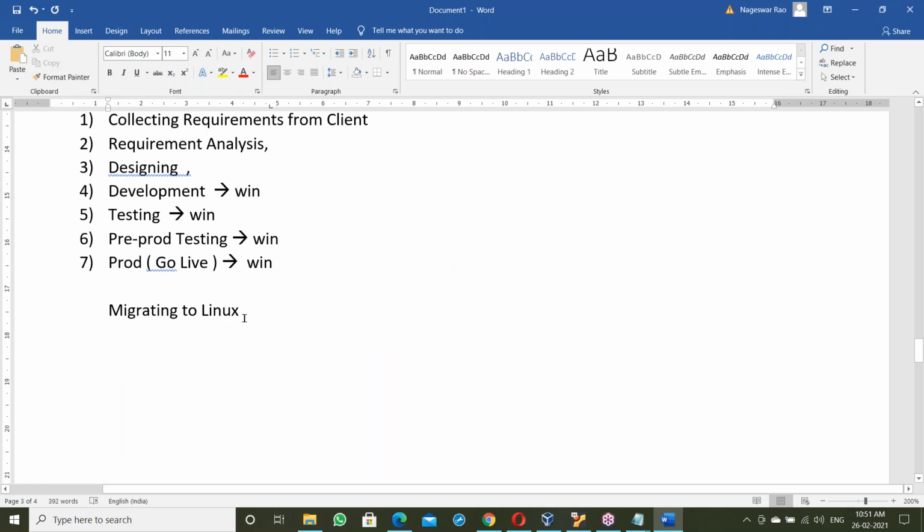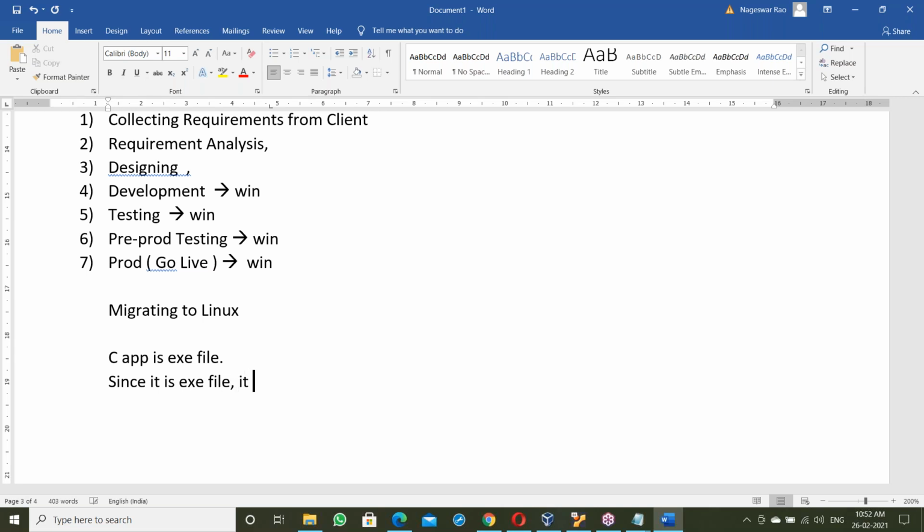Now the C project, the C application build is an exe file. Since it's an exe file, it cannot migrate to other platforms; it fails here. So what is the migration process?